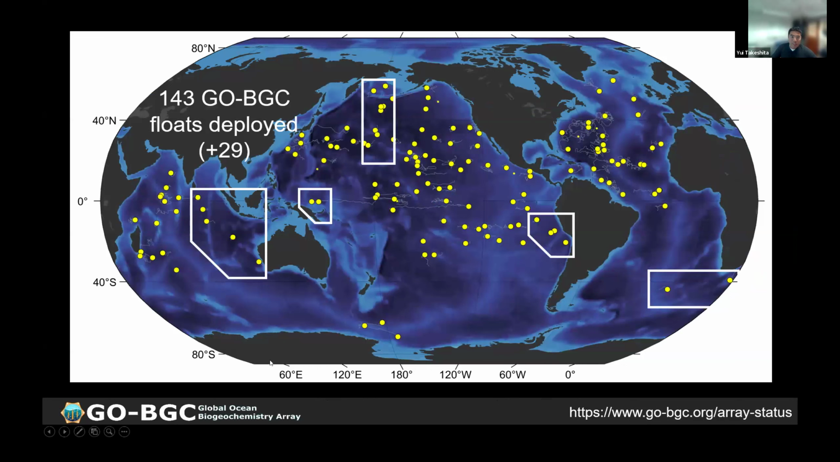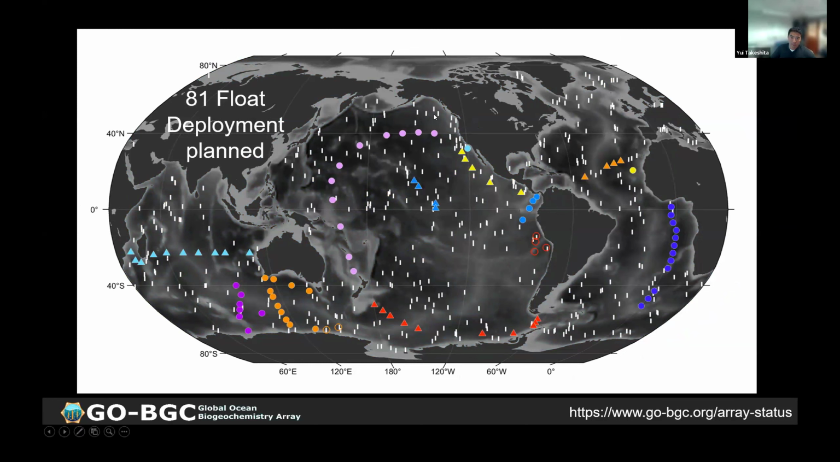For what GO-BGC has done, we have deployed 143 floats so far in the program. That's 29 more than the last time we did this webinar. And these squares highlight around the locations where new floats went in the past 6 months or so. We also have 81 float deployments planned, where cruises and floats have been identified and built. And so over the next 6 months or so, these are all the locations where floats are scheduled to be